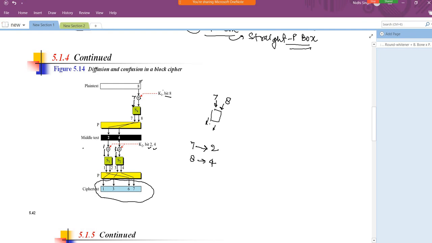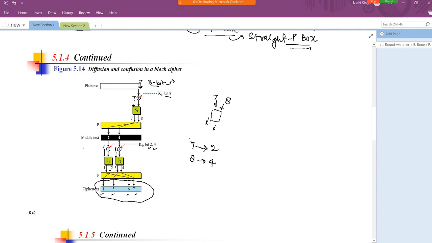So we can say that if we change the 8th bit, अगर मैं 8th बिट की चेंज जो भी वैल्यू है यहाँ पे 8th बिट में, अगर मैं उसको चेंज करती हूँ, if I change the value at position 8, then it will affect the values at 4 positions, like position number 1, 3, 6 and 7; the associated values will also get changed. So yes, my diffusion property holds, right?